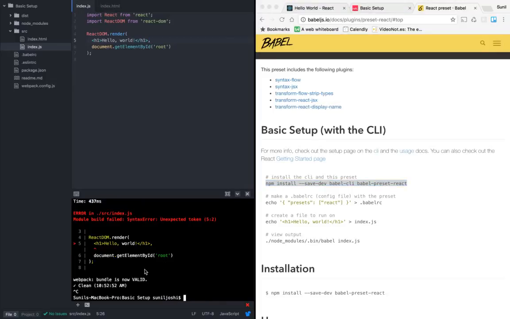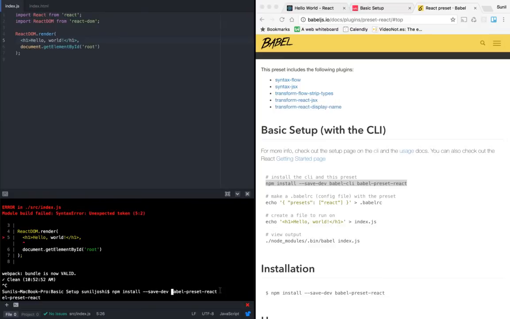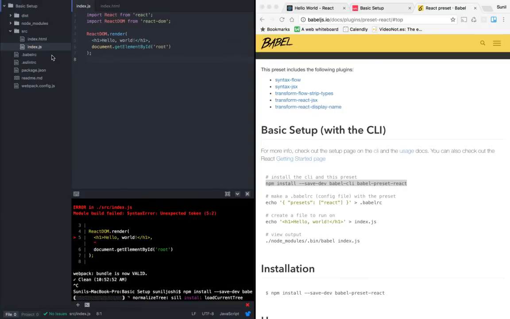We don't want the Babel command line, so we don't want that to get installed, so I want to take that away. Let's have some more real estate. Okay, I guess you got it. Install. This is going to install the preset for us. And one more thing which I forgot to mention is that preset out here.